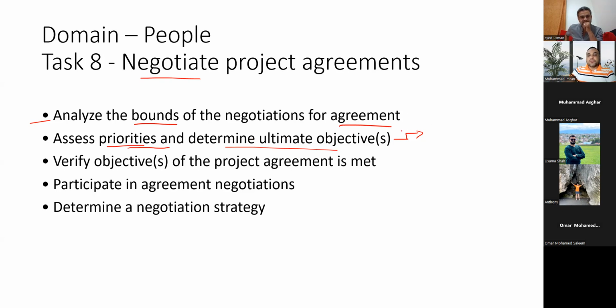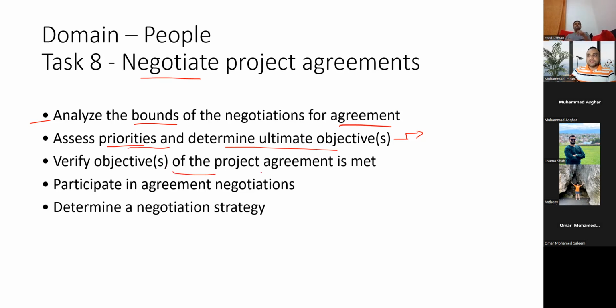And for priorities, you need to understand that you will discuss first the infrastructure, then second the software itself, then third the features, and so on. If you are going in predictive project management and it is related to construction, then you have to discuss what will be at your site, what will be at my site, how the changes will happen, what if the work is stopped because of you for approvals or the sponsors could not pay the money on time, and if there are changes which are not agreed, how will you pursue them? So you need to understand the ultimate objectives of the project.